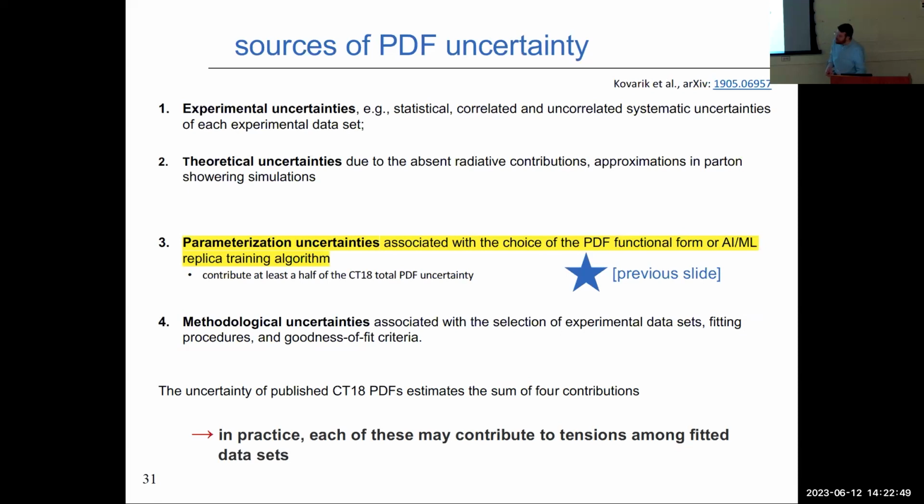Now, I mentioned this sort of parametric uncertainty as one source of error in the PDFs. There are others as well. Obviously, as many of you experimentalists surely appreciate, I have just the experimental errors that basically inform the global fit themselves. There are also the theory errors that I mentioned. For instance, the fact that this matching is complicated or that I have some sort of scale uncertainty that has to be controlled in some way.